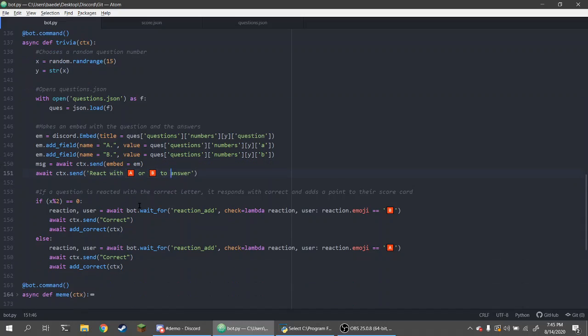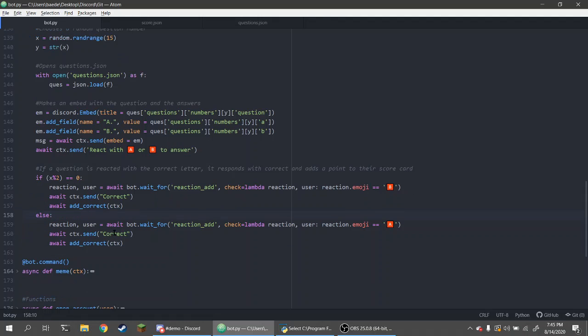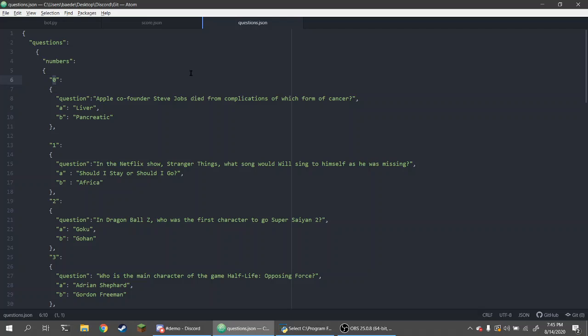And so when someone reacts with the correct answer, and this is why we kept it as an integer, if that integer is even and they react with B, because all of the even answers are B, and all the odd answers are A. So if it's an even number, it sends correct, and then it adds a correct. And then if it's odd, it does the same thing for the answer A. So we can see, for instance,